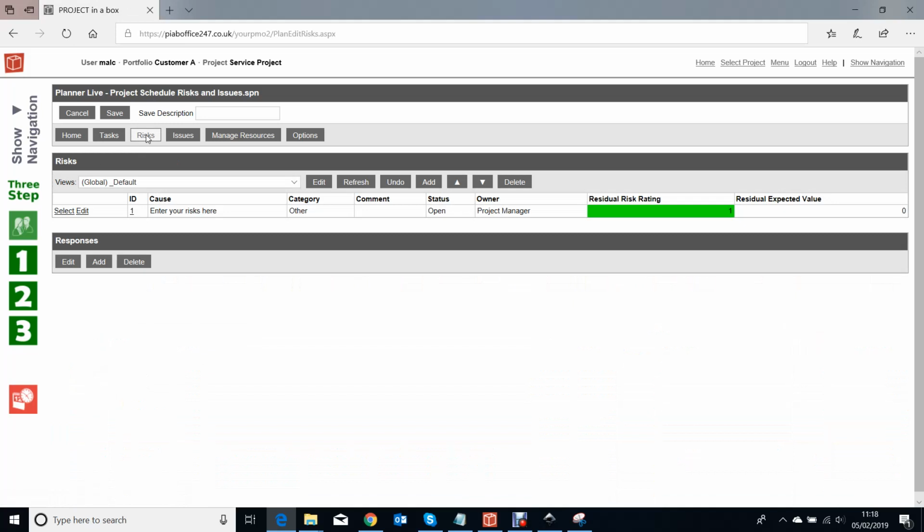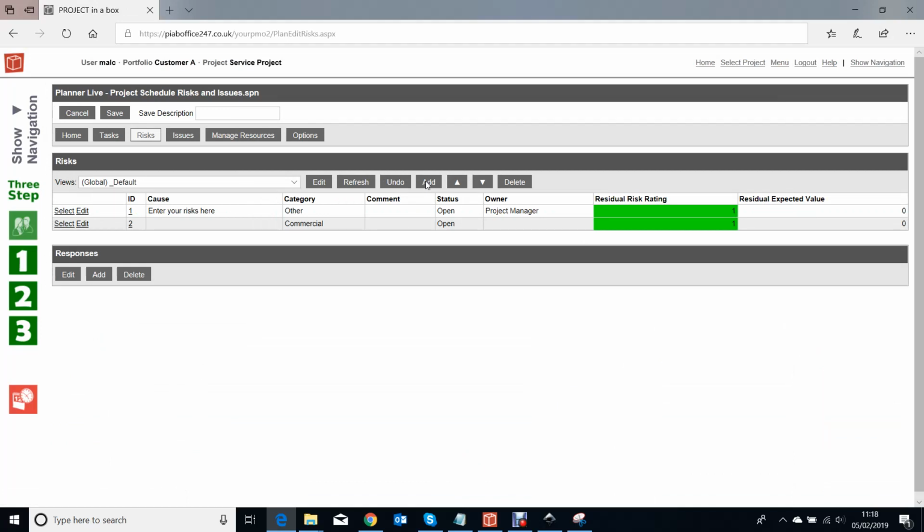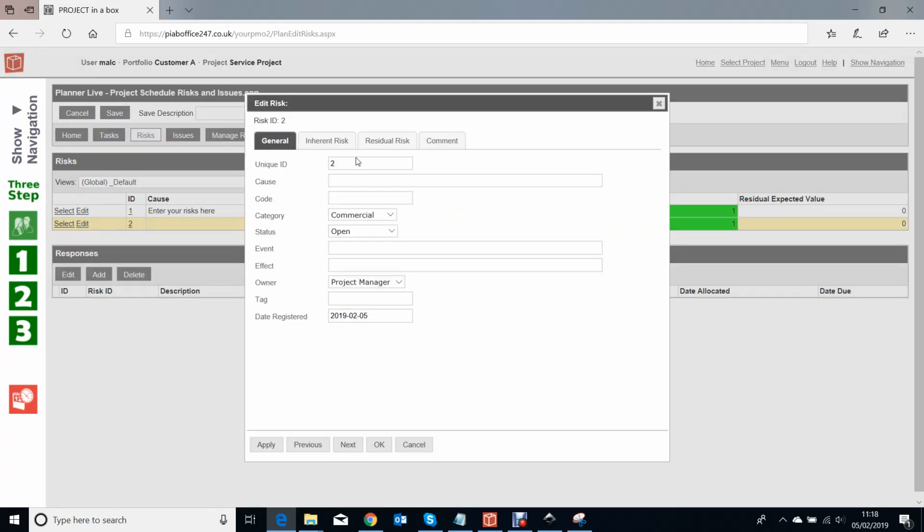While we're here, we could also work on our risks and issues. So here's my risk list. I'm going to add a new risk to this project as well. And so I've added a new risk, and I can edit that and say the risk is going to be